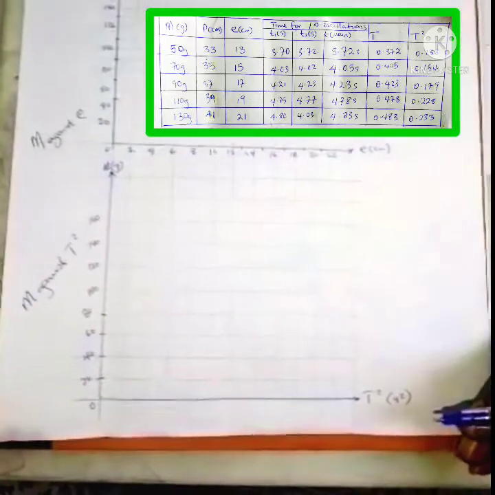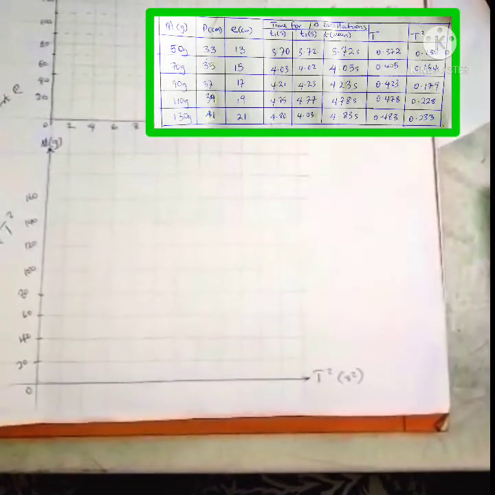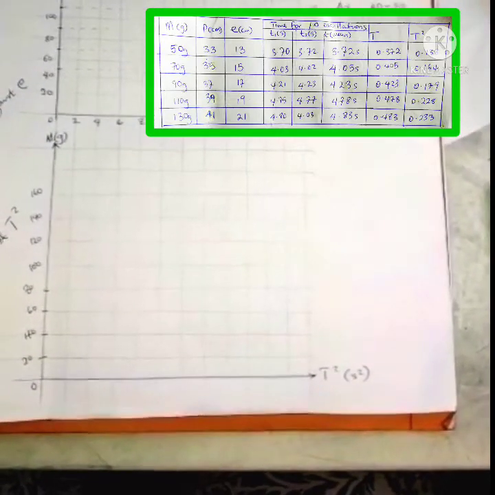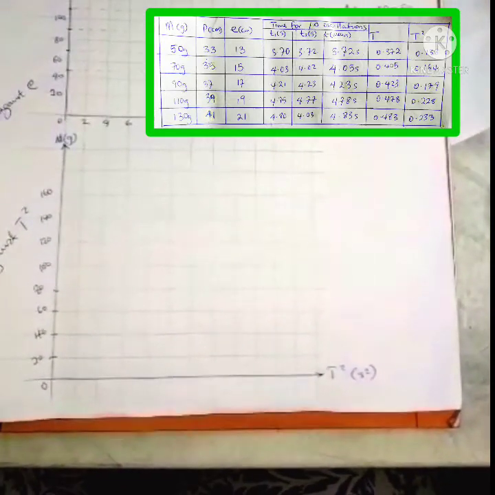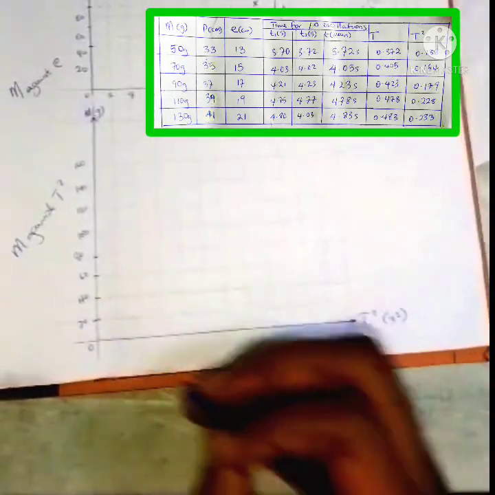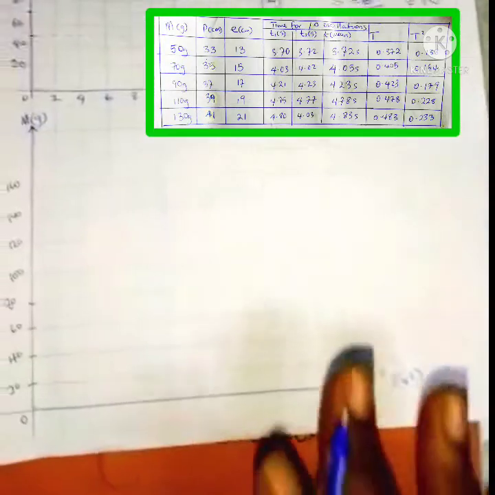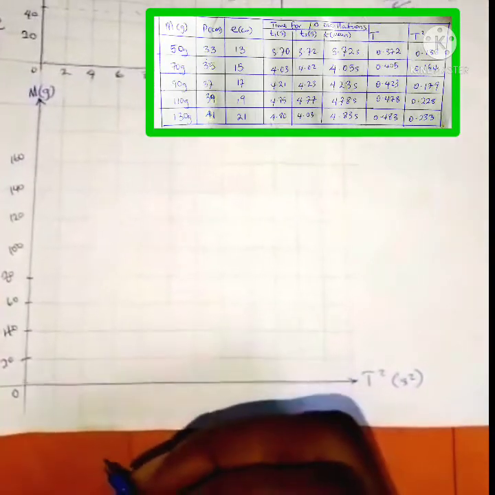Remember, it's 0 here. So now our T square is 0.138 to 0.223. Okay, so we're going to choose a scale. What scale are we going to choose? I guess I'm going to say, let's use a scale of